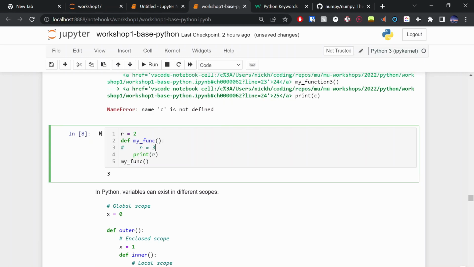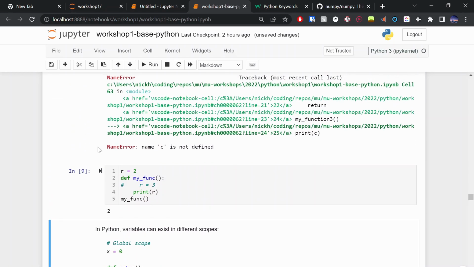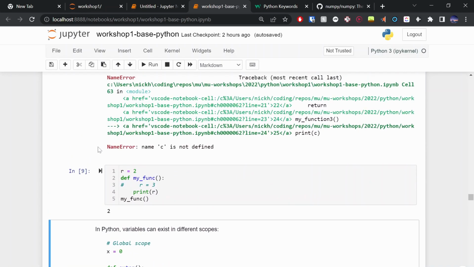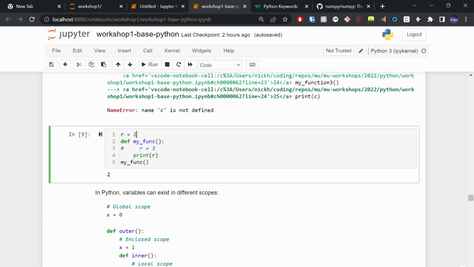As soon as we take this out of local scope, R is now 2. Because Python looked at local scope, can't find R. Let's go to global scope. Let's see if it's there. R is there, cool. And then, if it can't find it in global scope, for the example of print, it'll then look at your built-ins and say, is anything there? And if there's nothing there, then Python will actually raise an error. And of course, if we comment this out, Jupyter has a memory of what we executed before, so R would still be 2, but anyway. So that's the issue of scope.